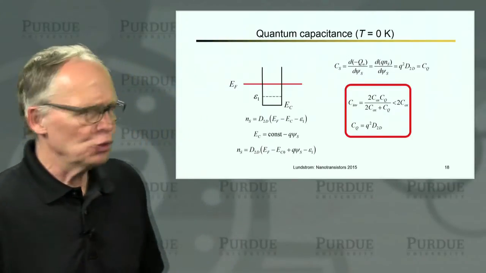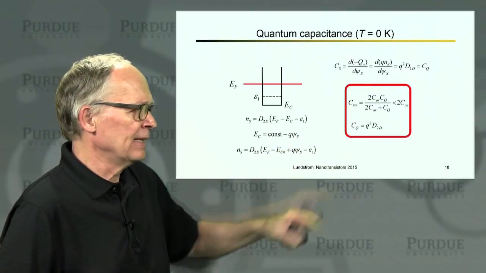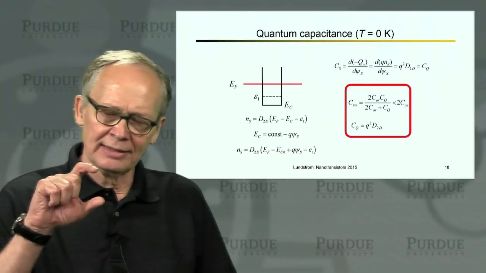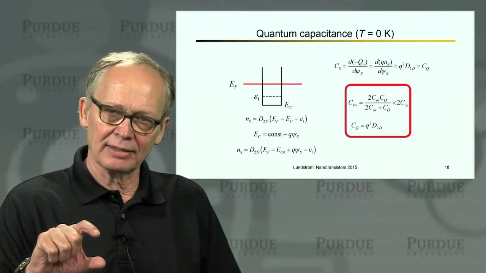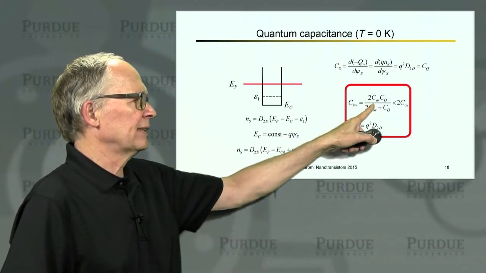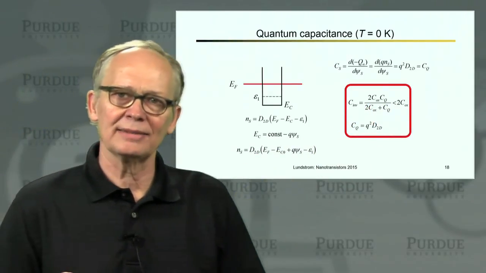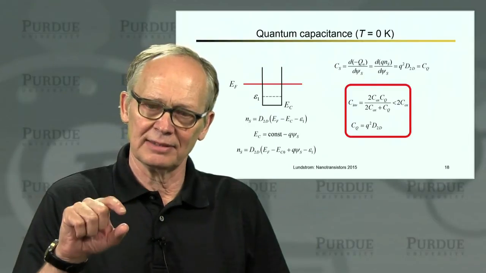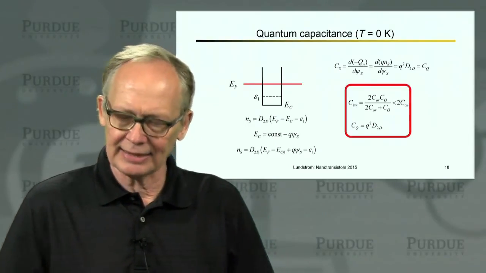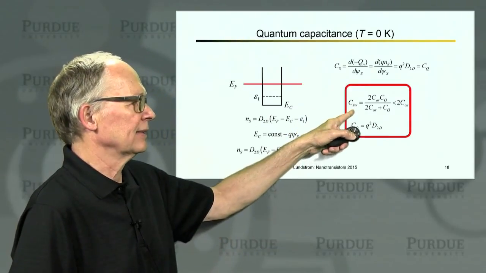So we can go back to our capacitance and inversion. It's a series combination of a top gate capacitor, a semiconductor capacitance, and a bottom gate capacitor. So when I do that series capacitance, you'll see that it is always less than twice the capacitance of the Cox on the top and Cox on the bottom. And it's less because of that semiconductor capacitance in series.